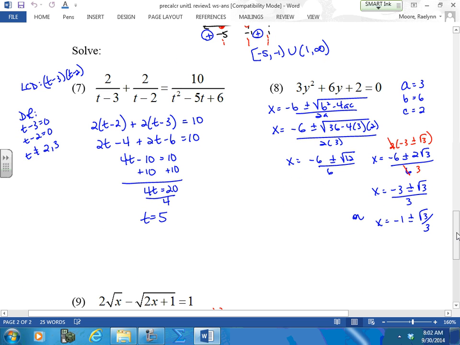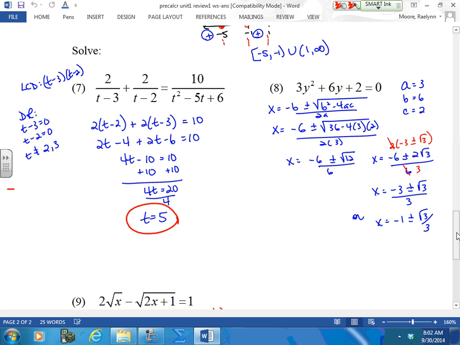Alright, find your domain restrictions. You said a fraction cannot be 0. Set whatever's in the denominator of the fraction equal to 0. Take it out of your domain, and you are left with your restricted domain, the ones you are allowed to use. So when you come down here and you get your answer, you go back up and you say, oh,